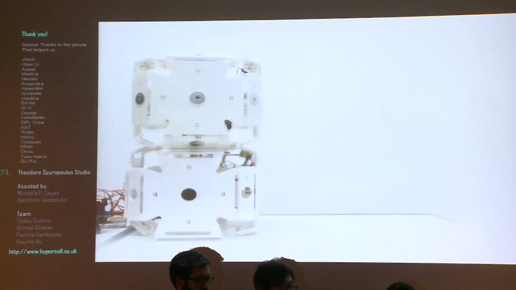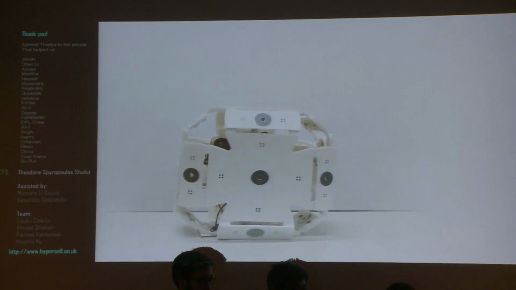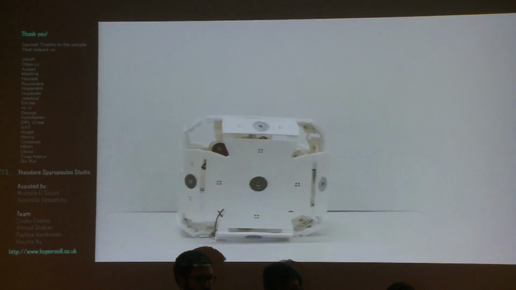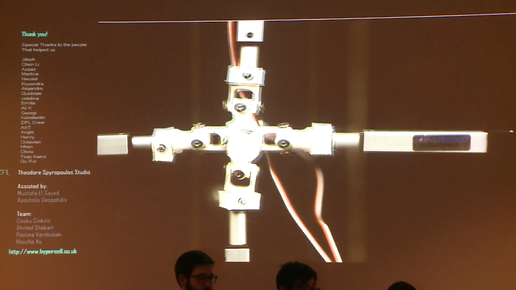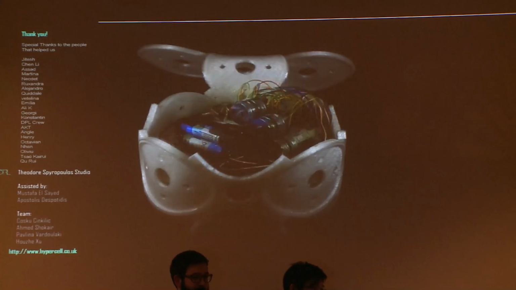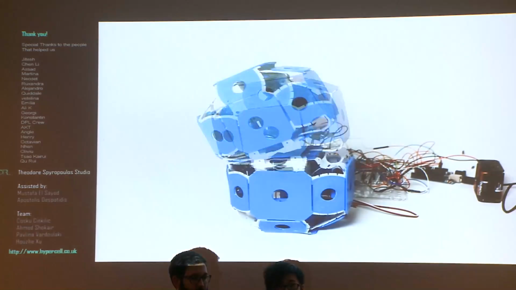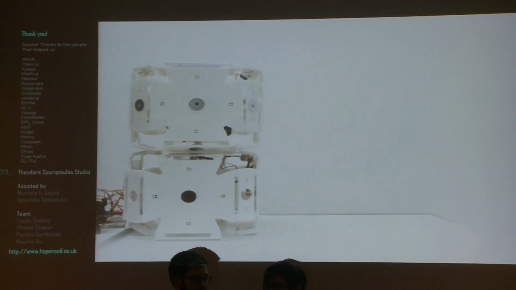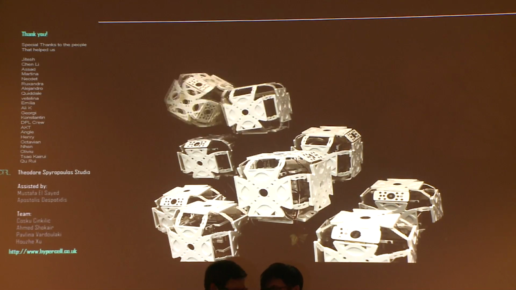Which one do you want? The latest one. I think this one, it's based off of this one. And this is the